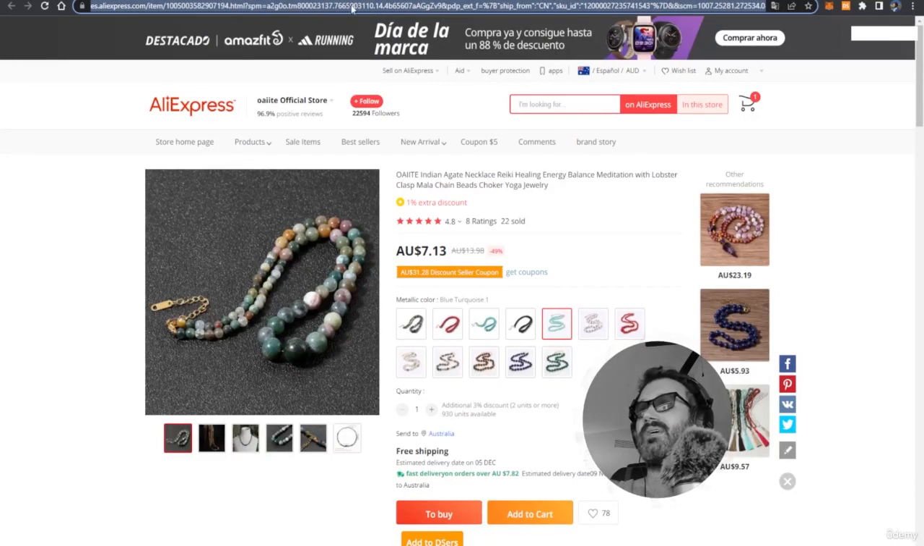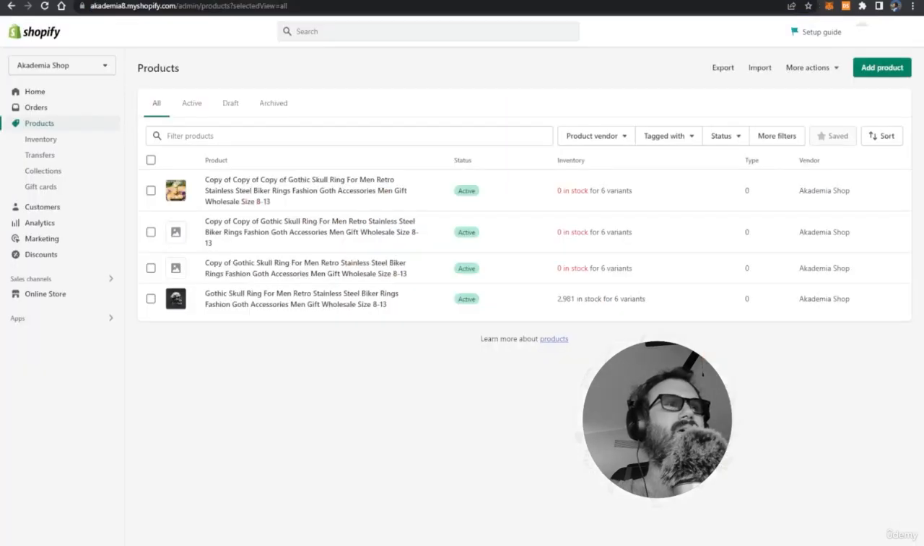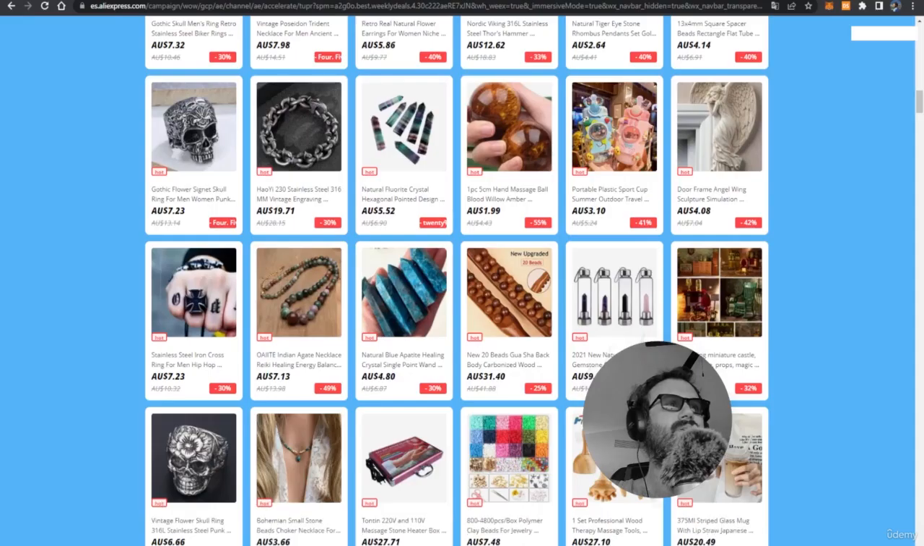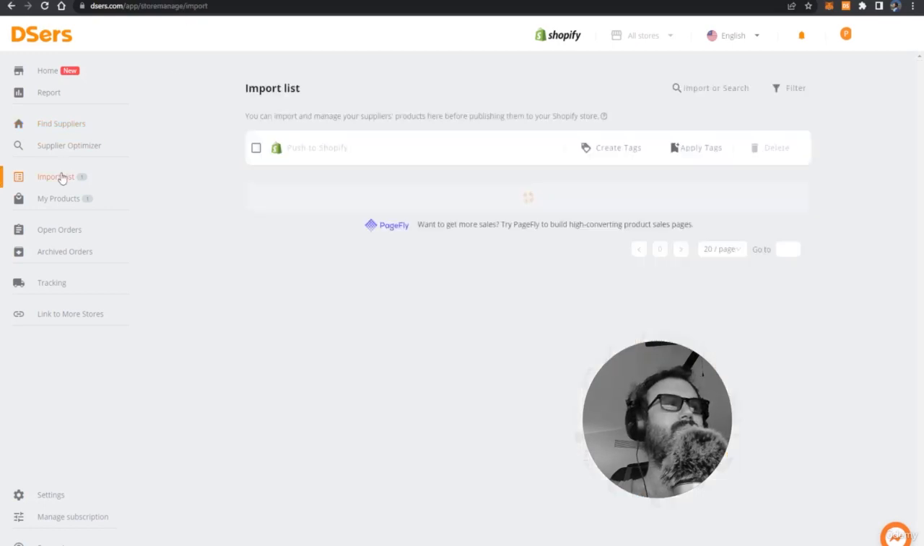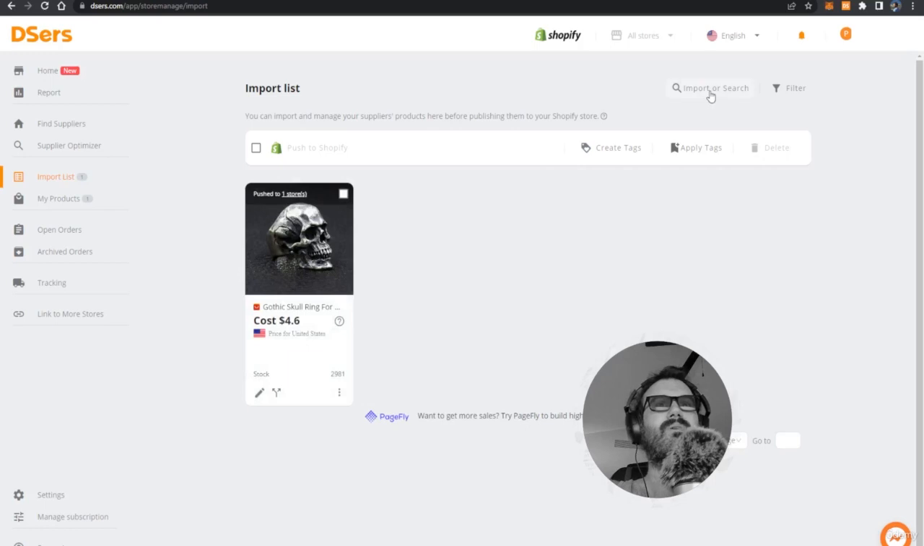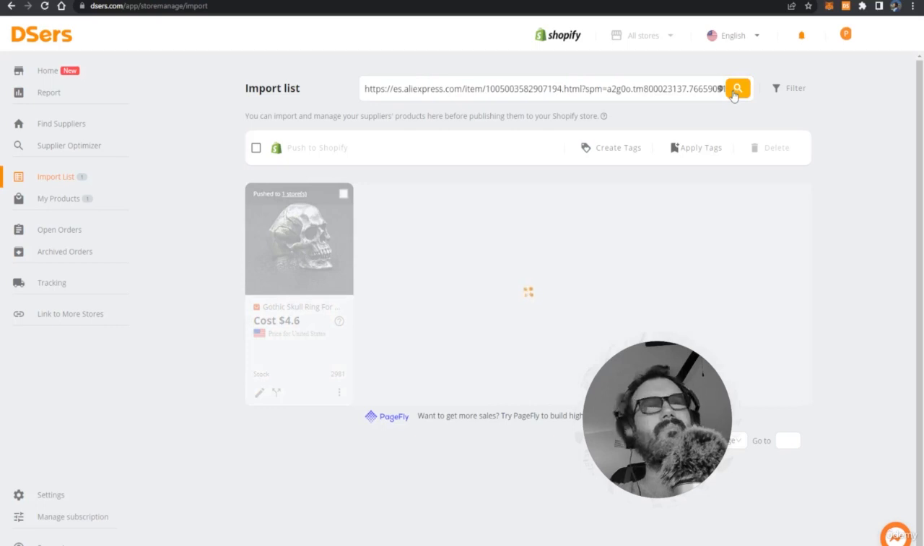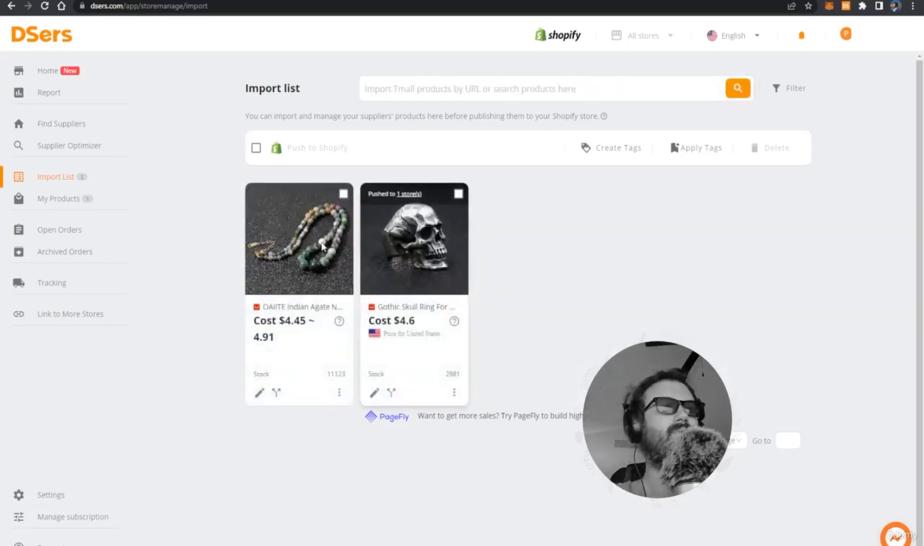here's what we're doing. We're taking this link from the very top. We're just going to select the whole thing and copy it over into our de-essers app. All right, so here we are back in de-essers. We'll go to import list. We will go to import or search, and we will paste in our URL. Click on search. And in a moment, we should see this one appear. Now, we click the little checky checkbox,